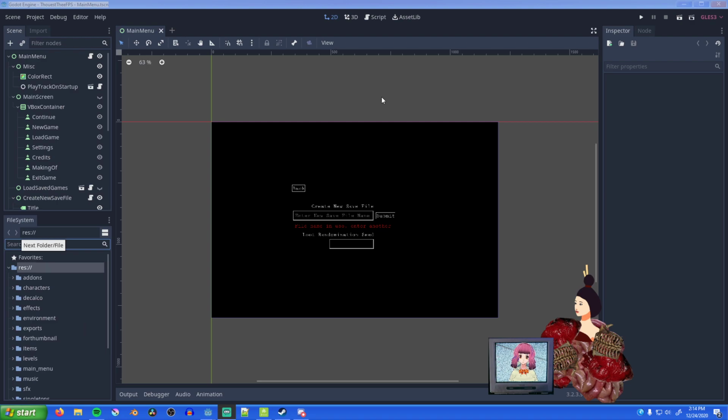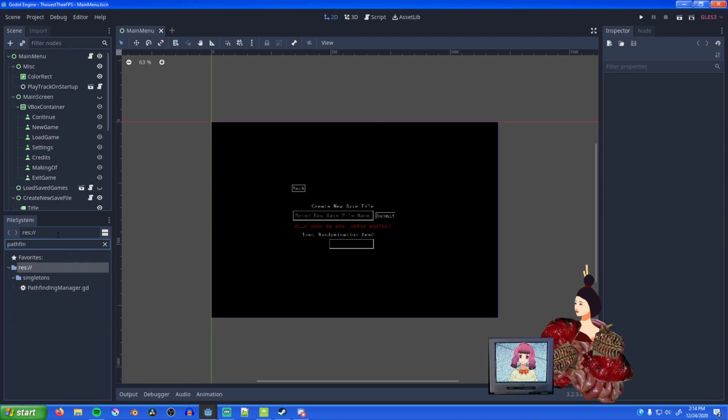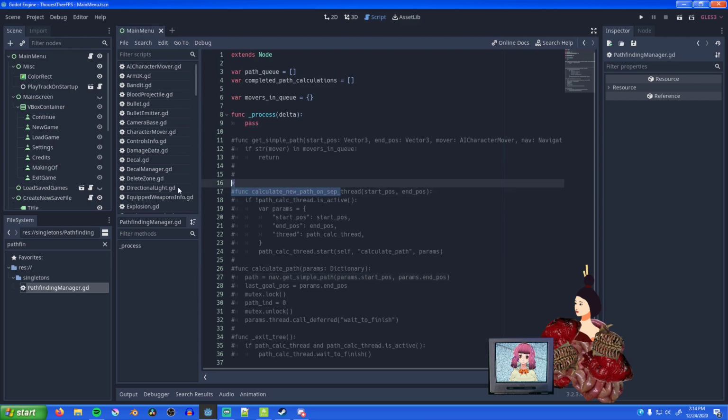Gotta figure out this pathfinding code today. I think I got an idea what I can do. Pathfinding manager. There's a couple ways I could do it, but I think the simplest would just be to, alright, I pass in this data. Have paths to calculate. Paths calculated. Did Q. And then